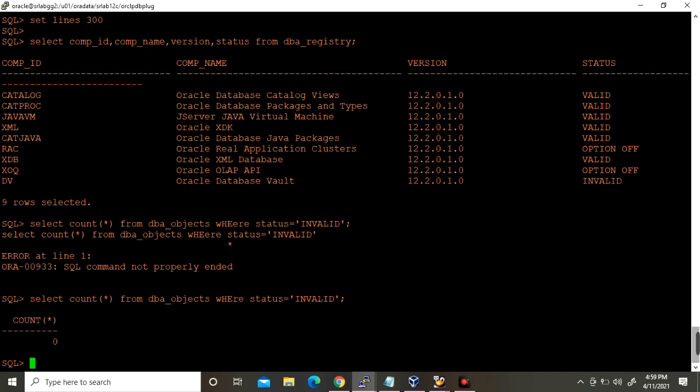So there are no invalid objects. Everything looks good, and we have successfully recovered that PDB from the source CDB without the unplugging XML manifest file. We have recovered the PDB on the target CDB.